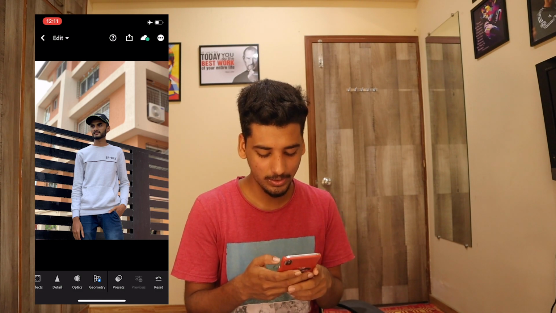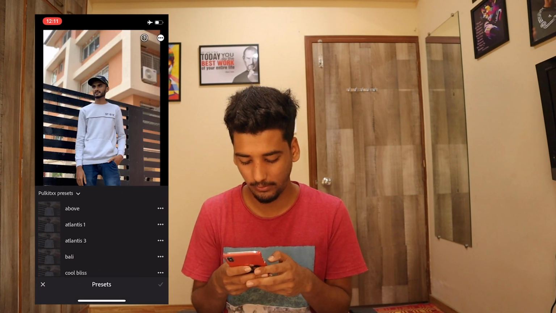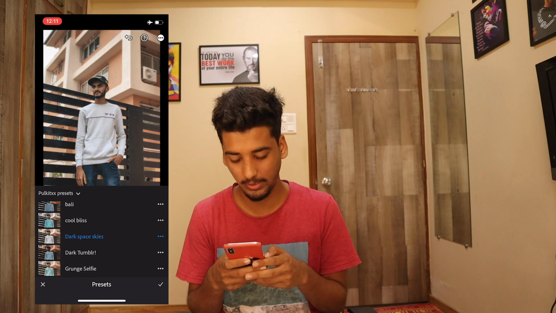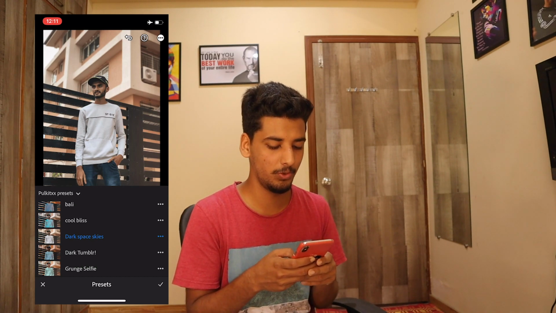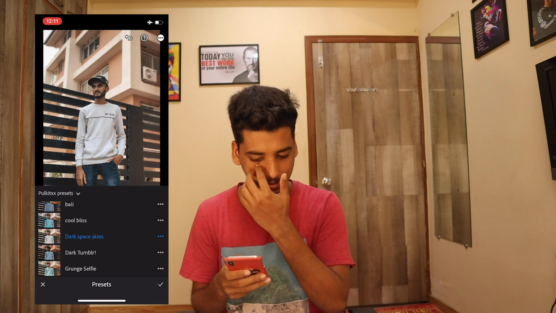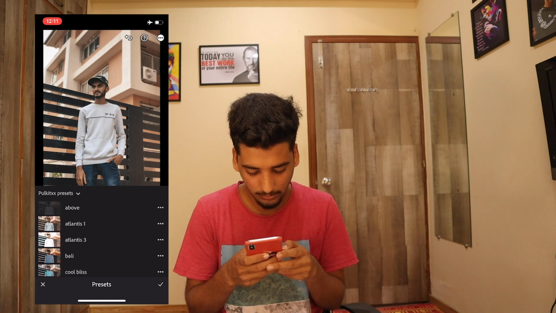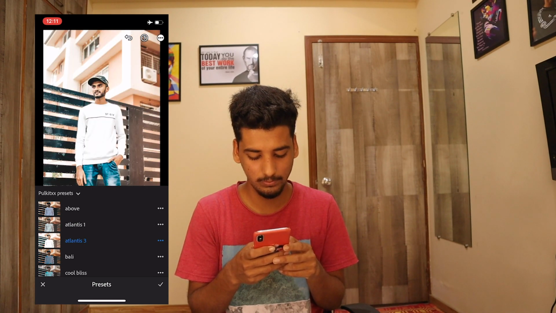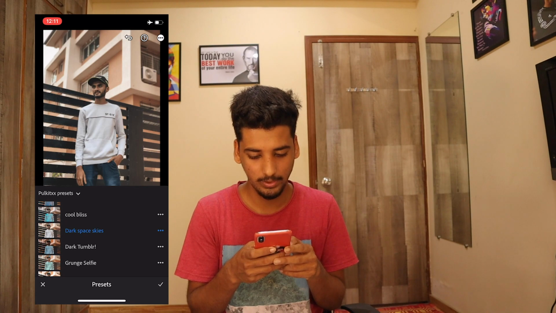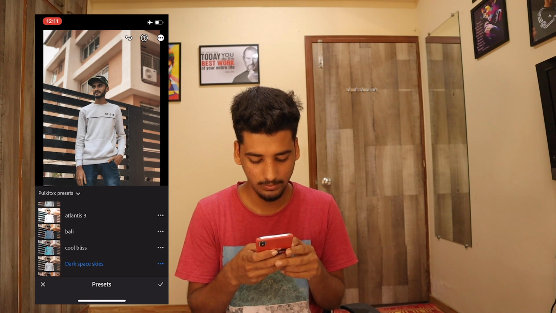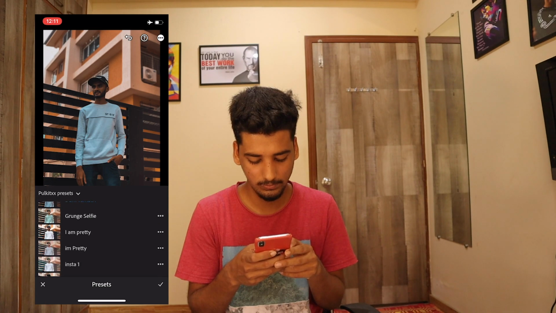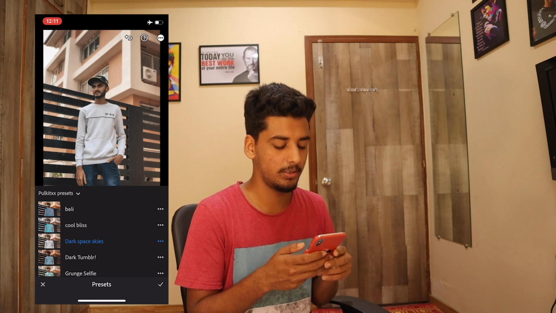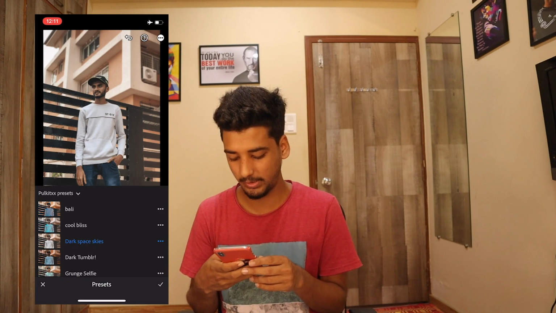Okay, go to presets, and suppose I want to use this one. This goes well with the photo, it gives that little moody brown effect. But you can still check out a few other presets like this one. No, this is too dark. This one, no. Okay, this is good. Yeah, I guess this one is a good preset, it's suitable for this picture.